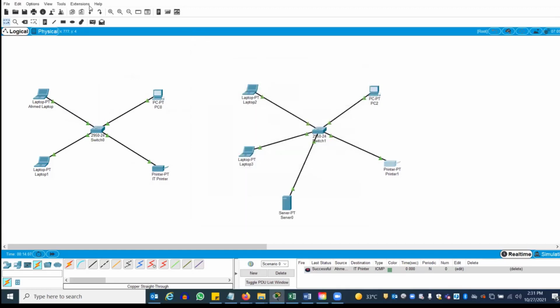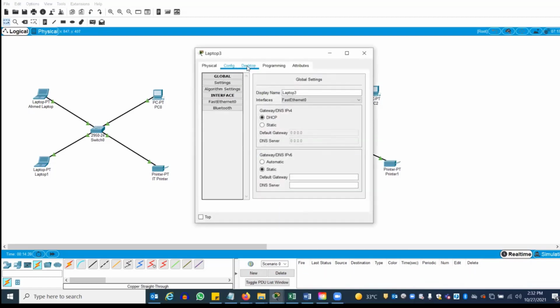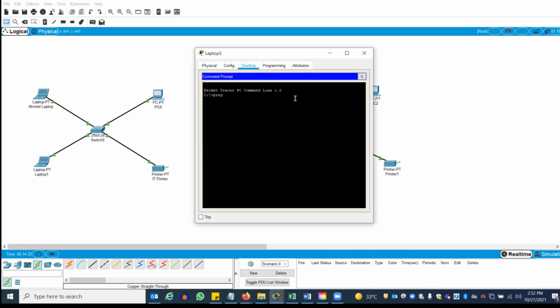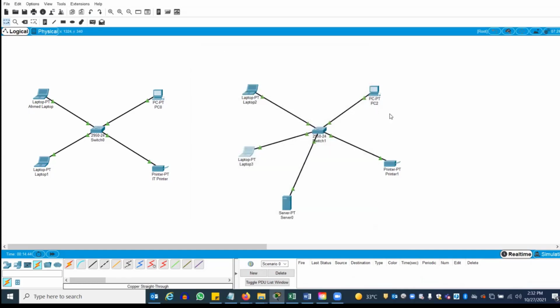Setting. So let's check the connectivity now. We can ping or we can do it this way. Is it working? It's working, right? Successful. Or you can ping also. Ping 172.16.0.13, which is the IP address of the printer. This is working. This is how you connect using a server.